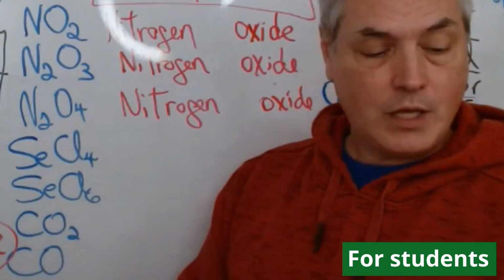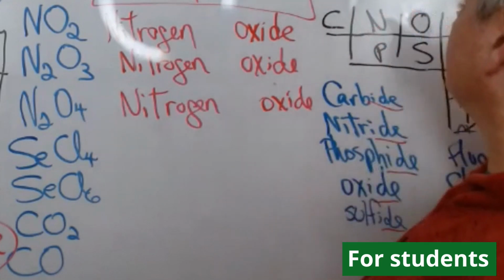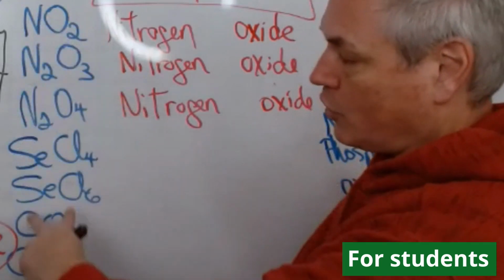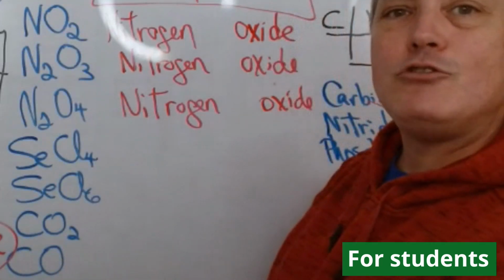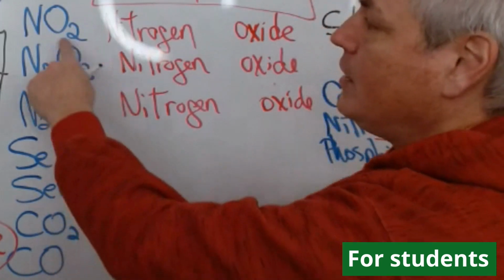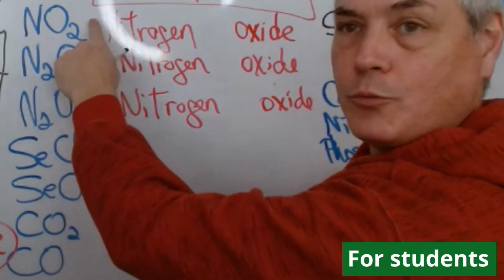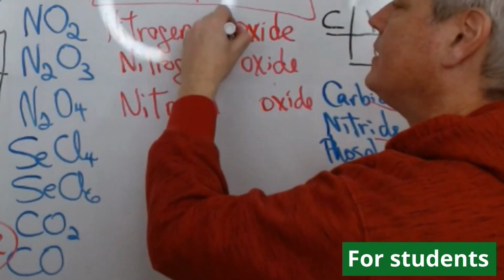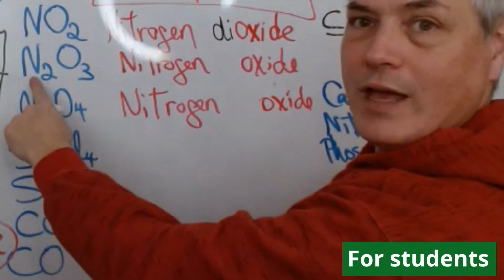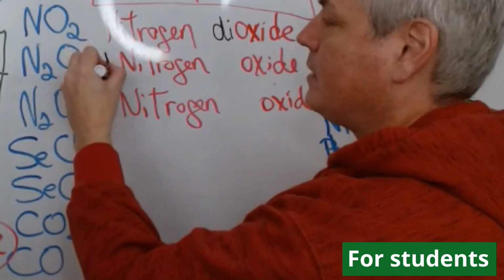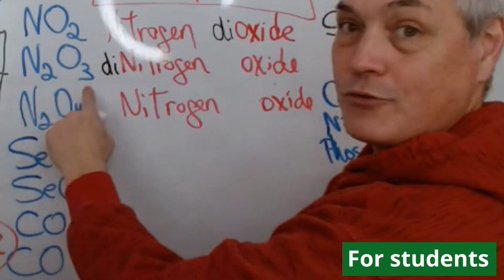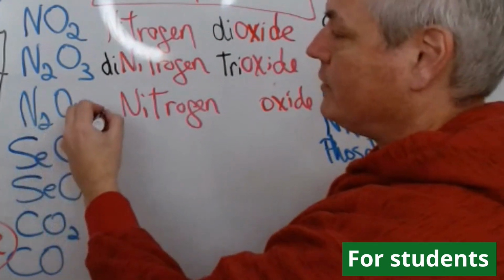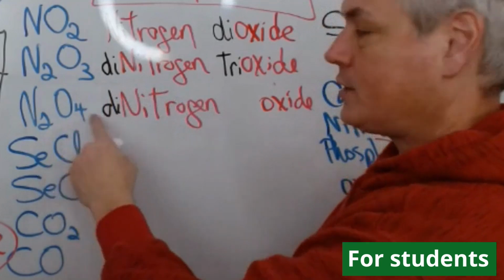So when you are dealing with molecular compounds, like I mentioned here, where all the elements you have in your molecule or in your compounds are all nonmetals, then you need to tell how many there are. So if there's one at the beginning, you don't have to put any prefix here, but here you have 2 oxygen, so you have to say dioxygen. When you have here 2 nitrogen, it becomes di, and then you have 3 oxygen, it becomes tri. If you have 2 nitrogen here, we have di, 4 oxygen,